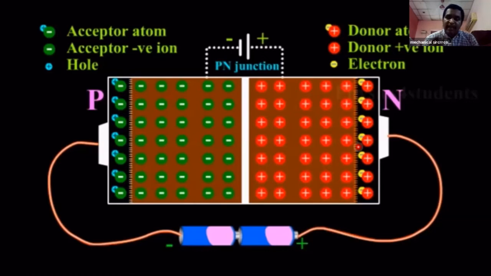Because of the same voltage, the two electrons again gain kinetic energy and hit two more electrons. Now four electrons have kinetic energy, they hit, and we get 8 electrons, then 16, 32. There is an increase of electrons. There is a sudden increase of current in the reverse direction. That is called the breakdown voltage. That is called breakdown current, which means reverse saturation current.